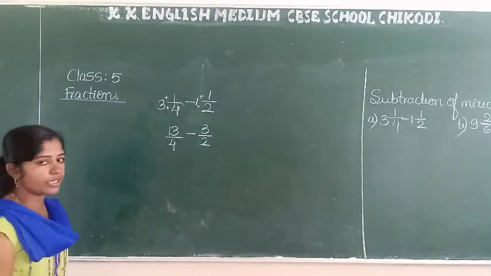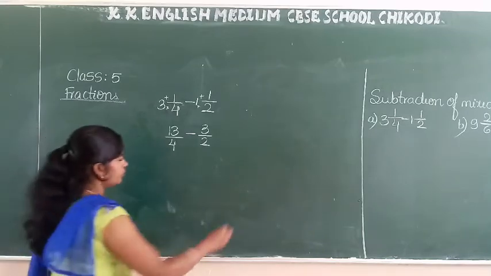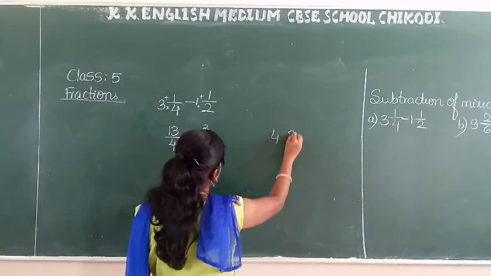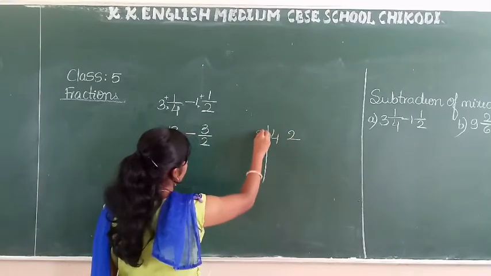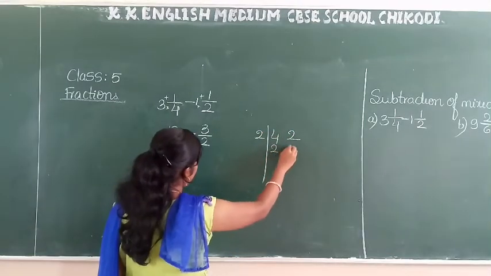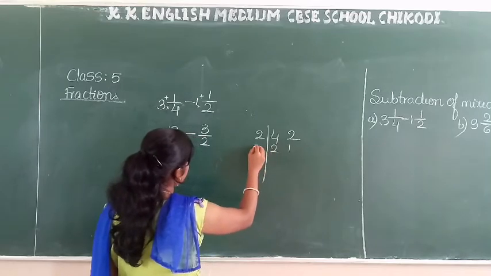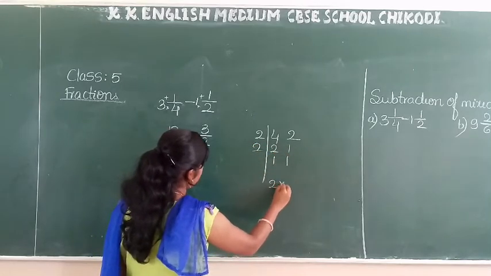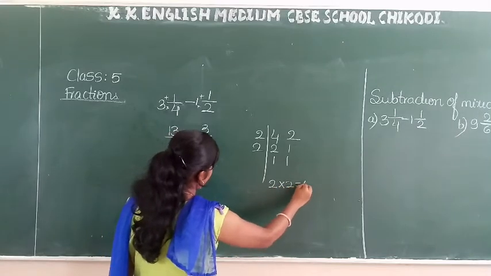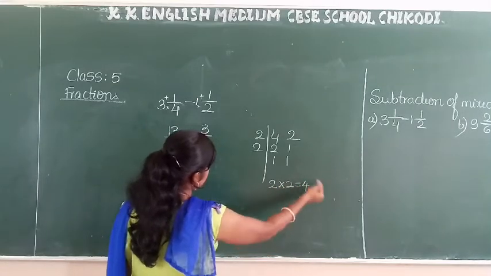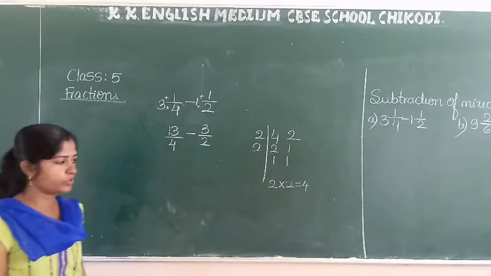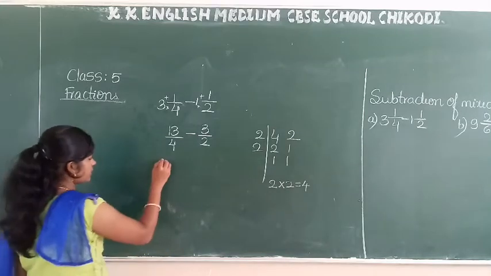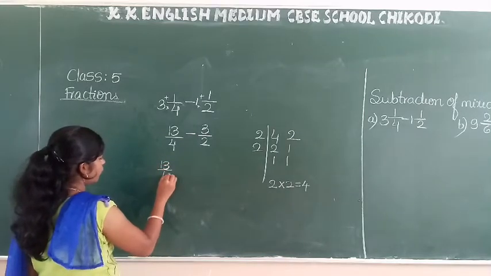First I have to take the LCM of 4 and 2. Here you have to take 4 and 2. Okay, both are there in the 2 1s are table. 2 2s are 4. 2 1s are 2. 2 1s are 1 as it is. Next, multiply 2 into 2. What do I have to write here? 4. 2 2s are 4. The LCM of 4 and 2 is 4.